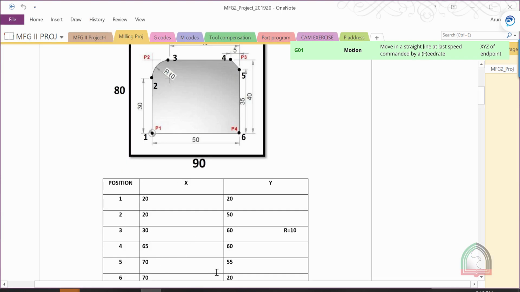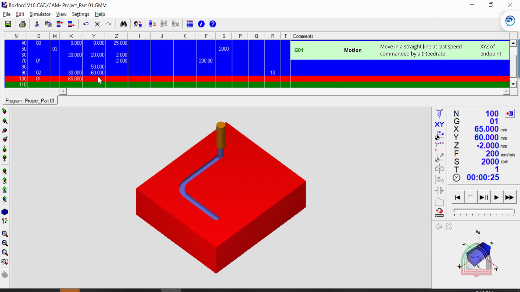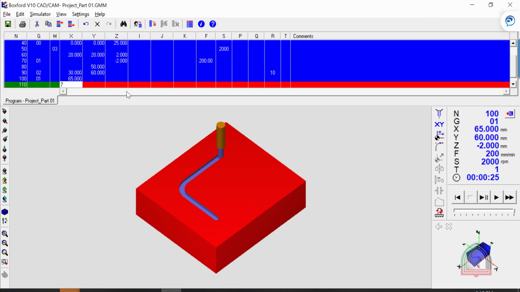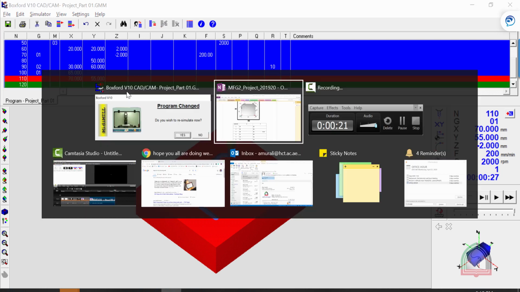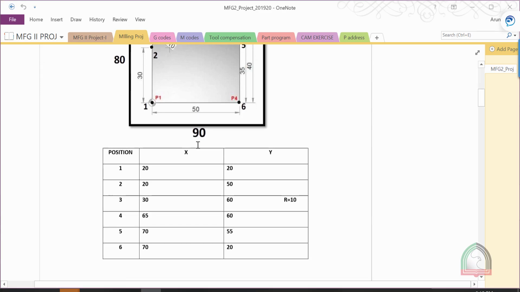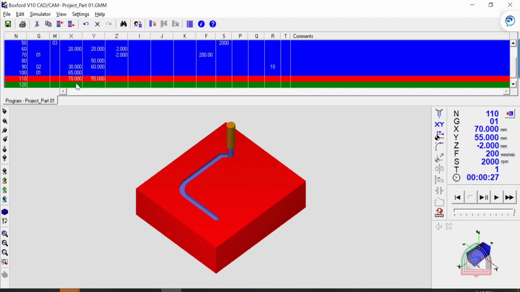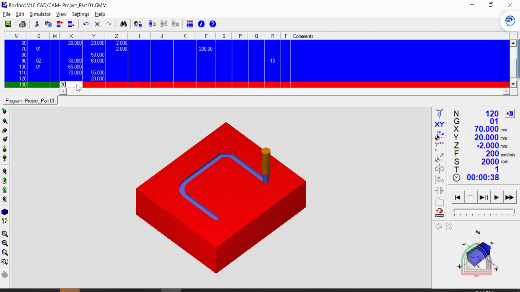Position 5 is 70, 55. Now it is 70, 20. So Y value 20, and you can reach back to the initial position, that is 20, 20.